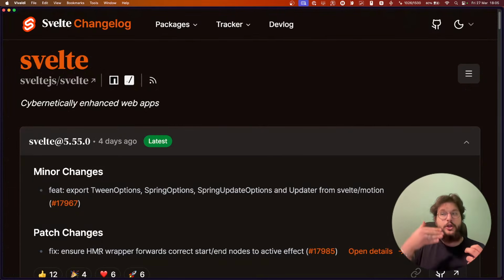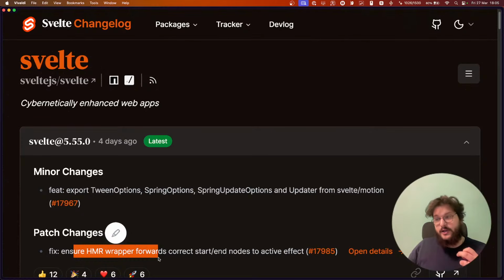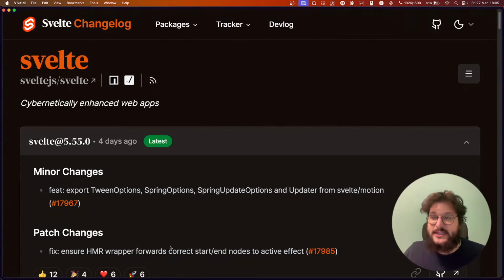So whenever you destroy an effect, it will keep track of, okay, I need to remove from this node to this node. And this was not happening for the effect that was created inside the HMR wrapper. And so this meant that it removed the wrong nodes, and now instead they are forwarded to the actual active effect.